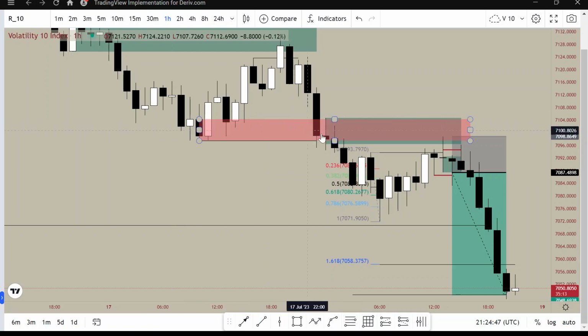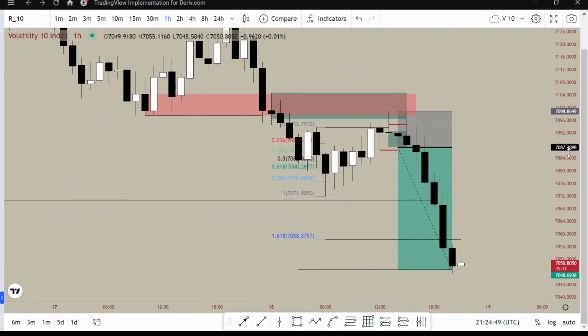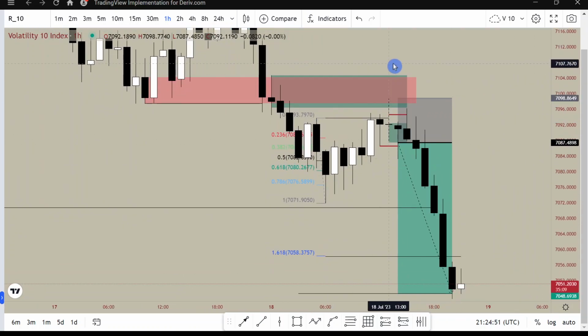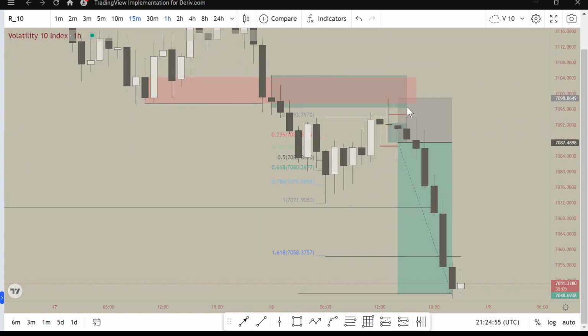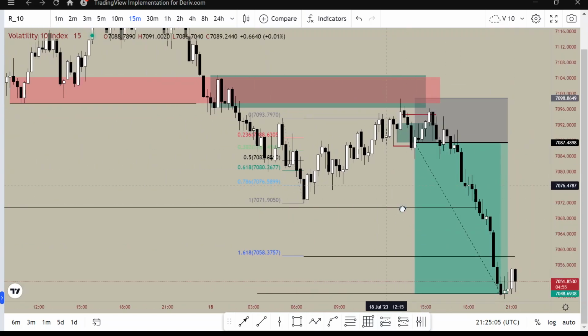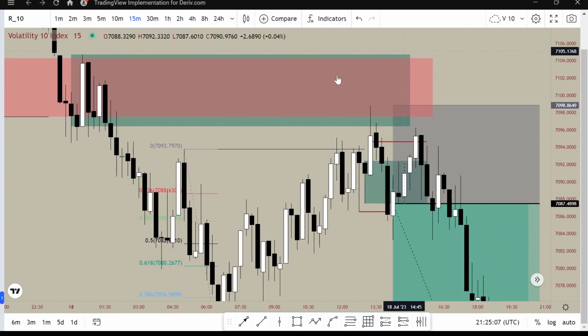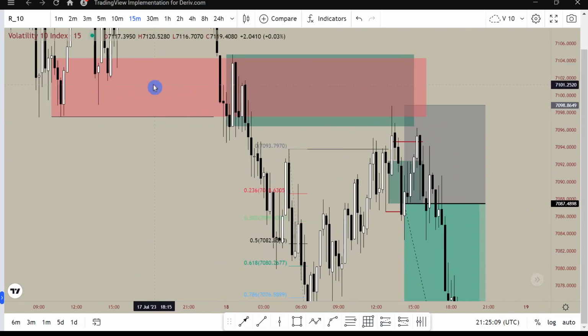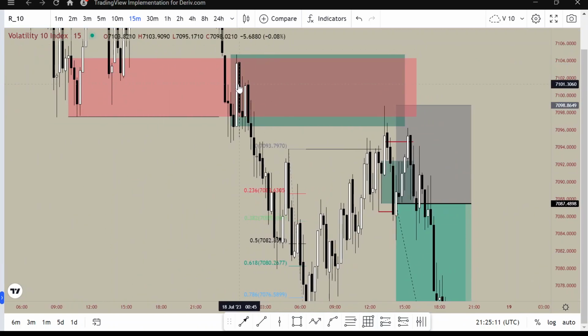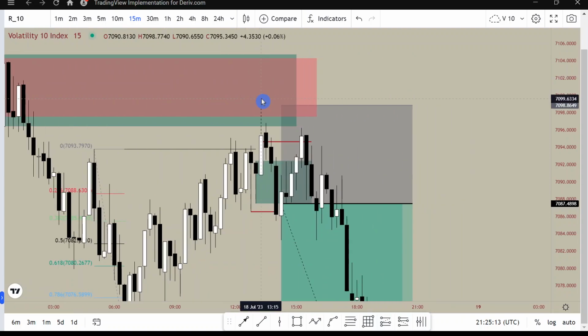So coupled with the breaker block, a very good area to look for entries. As soon as price came into that level, I went down to the 15 minutes chart to start looking for entries. So let me go to the 15 minutes time frame. You see how I'm framing the setup from the daily to the 1 hour to 15 minutes. Very good. So price came into the 1 hour breaker block that we identified, plus this flip zone, and then